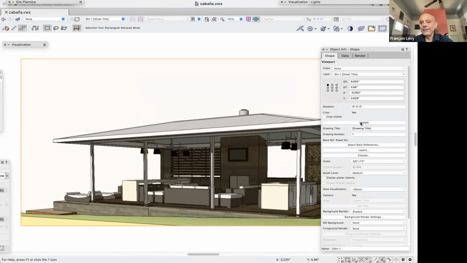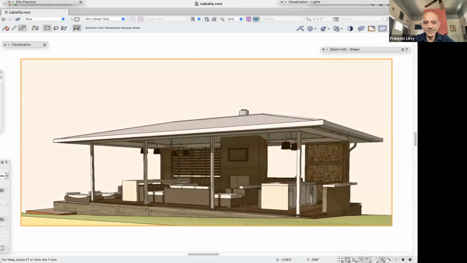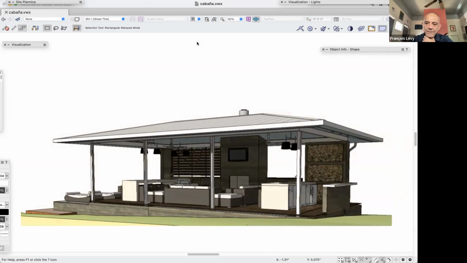You don't really need much more than 70 or 80 DPI to be able to evaluate if your shadows are going in the right direction, or if your scene is overlit, or if the board form concrete texture here, see how that's not lining up among the two objects, right? So I can start to fix and refine my model at relatively low resolutions, and that is a huge time